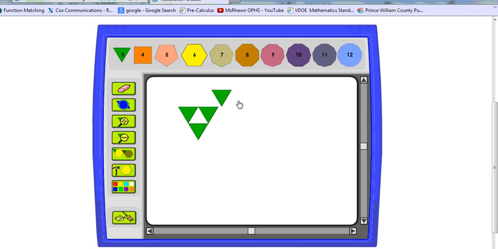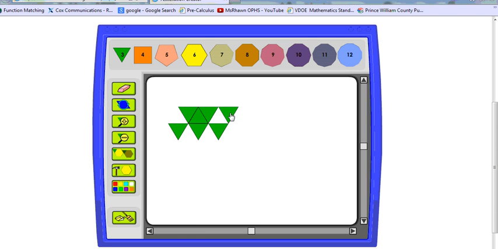So if I add another triangle and I rotate it, so below the eraser tool is the rotate tool. I push on that once. Now I'm using the rotate tool. Now, whenever I click on my triangle, it's going to rotate a few degrees. So I'm going to rotate it until it looks like it's going to fit. Once I do, click in the white space, and then I'm no longer rotating. And I'm going to grab it and put it right in here. And again, could I continue with this pattern? And I could. I could keep adding and adding and adding triangles to this